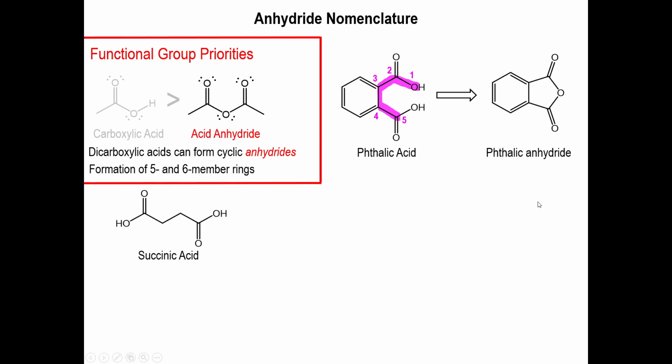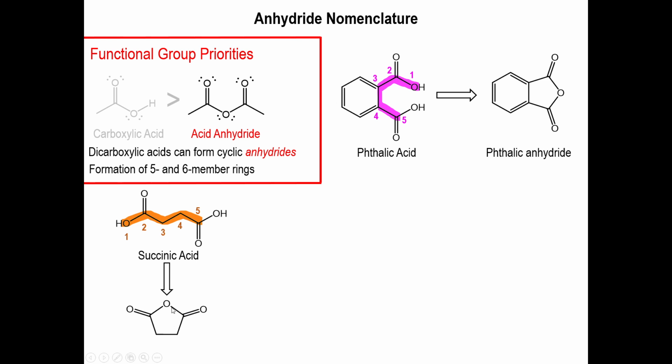Same thing goes for the other dicarboxylic acids. You can start with succinic acid, and if you count, from the oxygen you have 1, 2, 3, 4, 5, all the way down to the second carbonyl carbon. So this will form a 5-member ring. And the best thing is to number these atoms so that you know where things are going to fall. What you can see right here is that position 2 is where the carbonyl appears. At position 5, you ought to have the other carbonyl. So when you draw your 5-member ring,